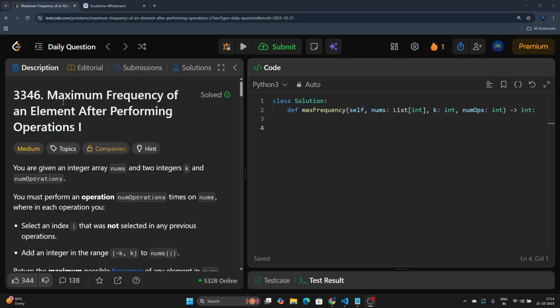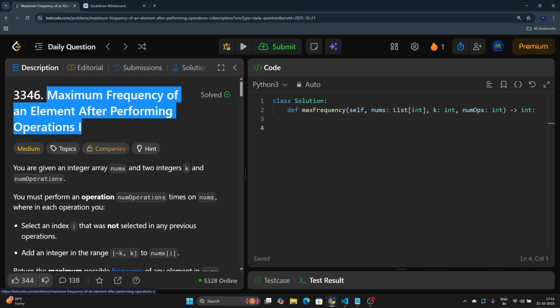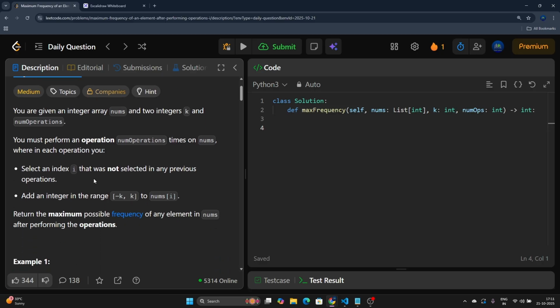In this video, we are going to solve the Leetcode problem of the day, and the problem is maximum frequency of an element after performing operations part 1. In this problem, we are given an integer array nums and two more integers as an input, which is k